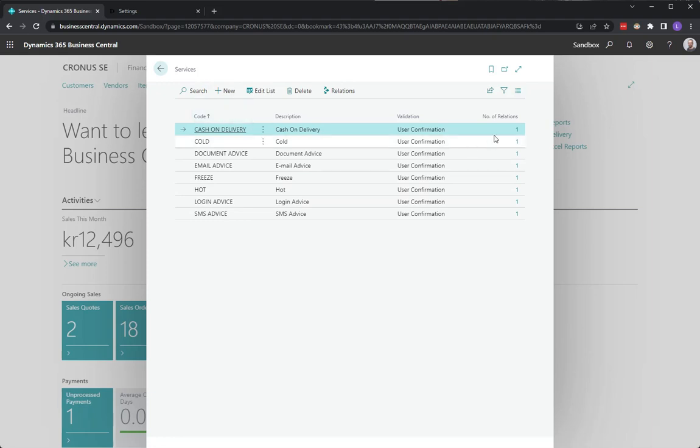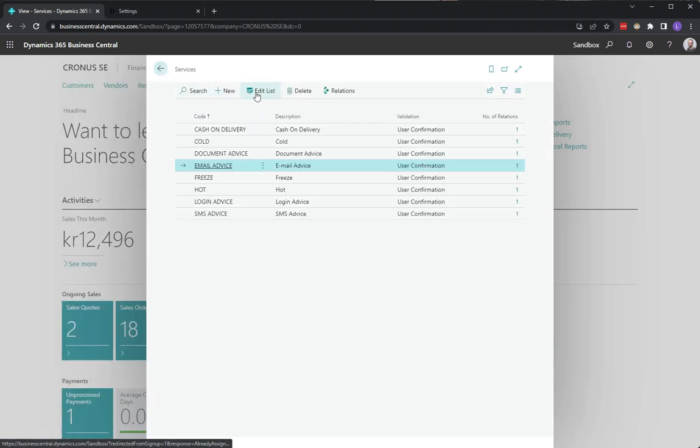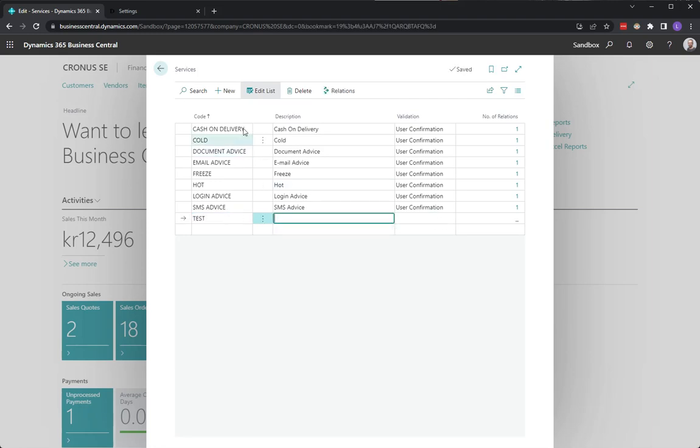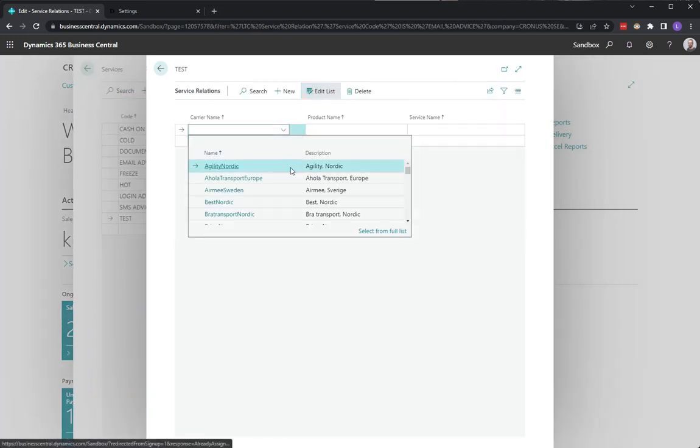All of these have one and only one relation to a LogTrade service. So if you take a look at the email advice, it has a relation to the generic forwarded LogTrade email advice service. It works for all carriers, all carrier products. But if you want to, you can create new services here. Like, let's just call it test, okay? And start creating relations, saying that when we use test with